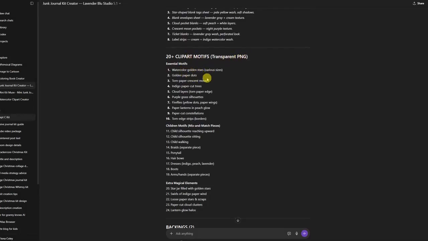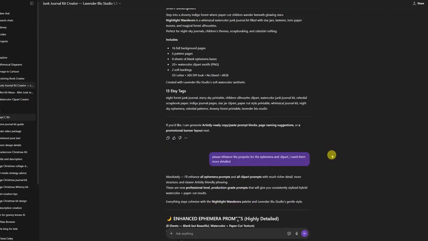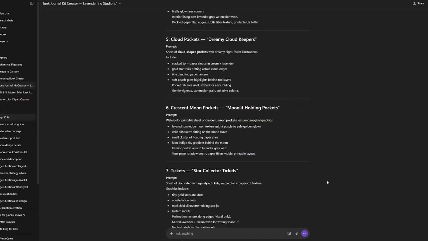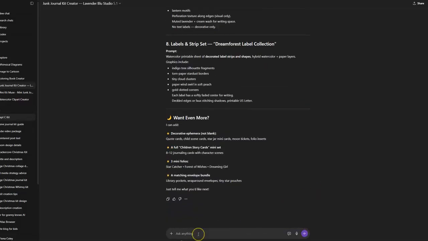We've got the original clip art prompts here, but they're very short, so I would want them a lot more detailed than what it gives me. And it's funny because sometimes it gives you detailed prompts and other times it doesn't. But that's what I wanted to show you, is that all you have to do is type in and ask for what you want. And so I'm putting in, please